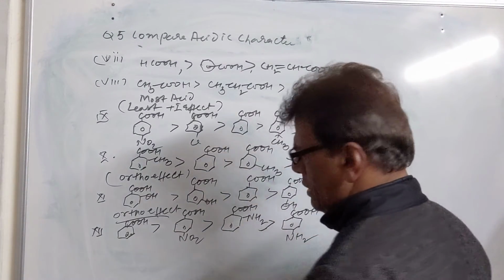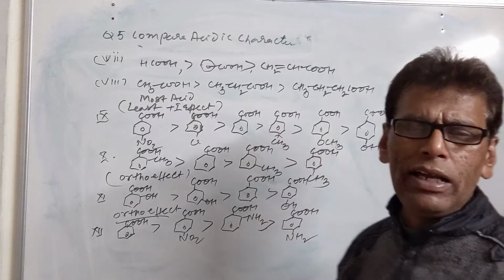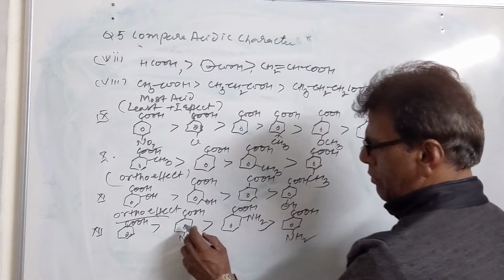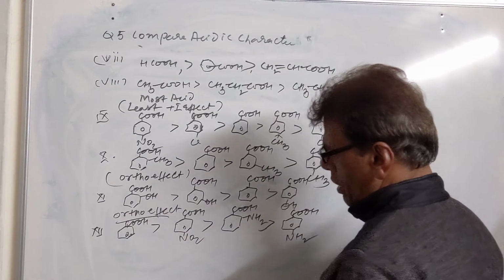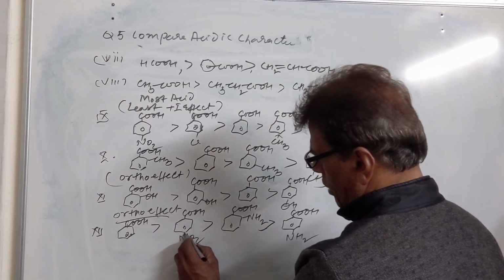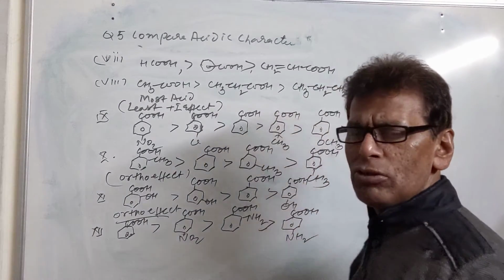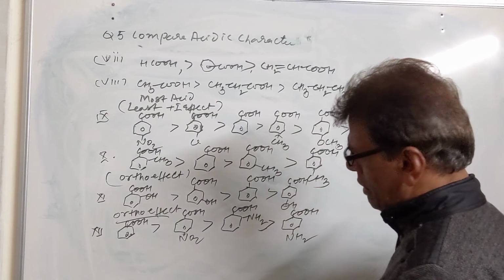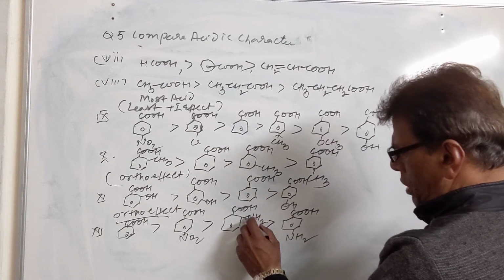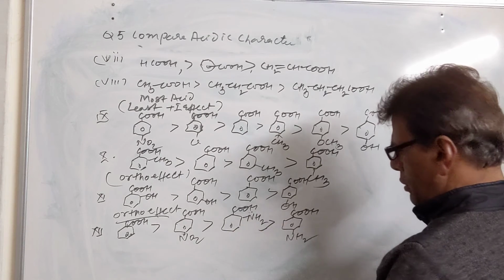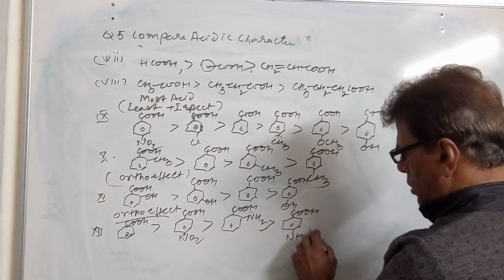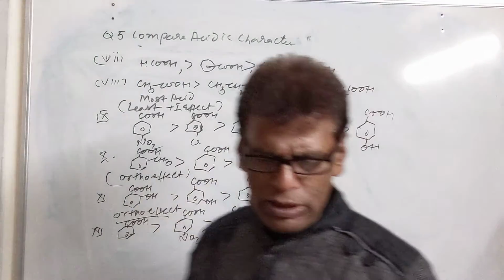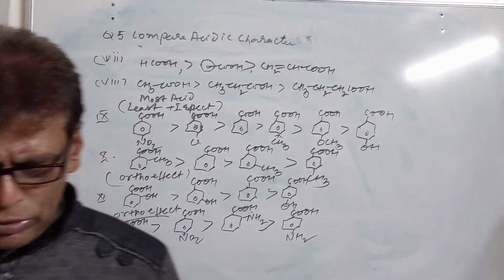Benzoic acid is strongest because it does not have any electron withdrawing group, or it has an electron supplying group. Here COOH has the electron withdrawing group as well as resonance. Due to resonance, the OH polarity is decreased here. Similarly, in case of ortho-amino, it has an electron supplying group. Similarly, it also has an electron supplying group. So this is the comparison of acidic character of a few compounds.